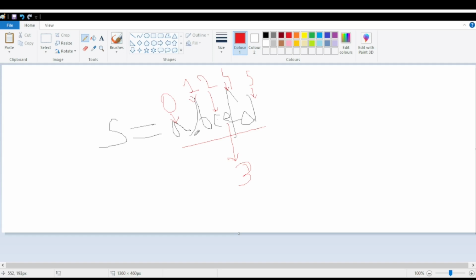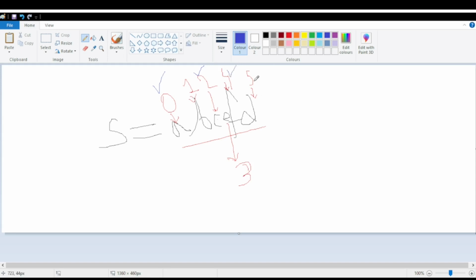And then here they have told us to note that 0 is considered to be an even index. So if 0 is even, then 1 is obviously odd because 1 is not divisible by 2, and 2 is divisible by 2, so this is even. Let me mark here. So this is even, this is even.